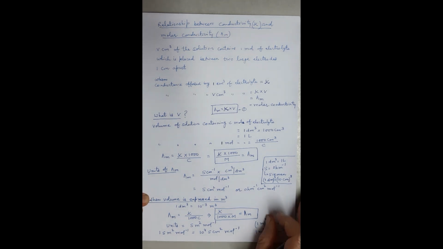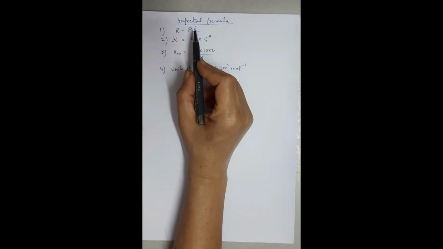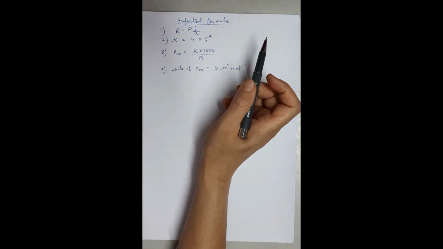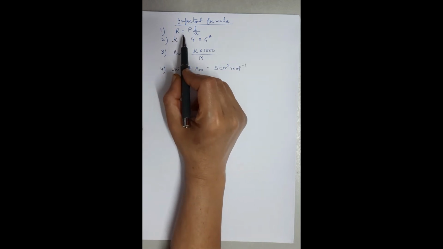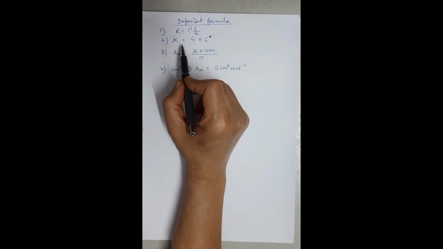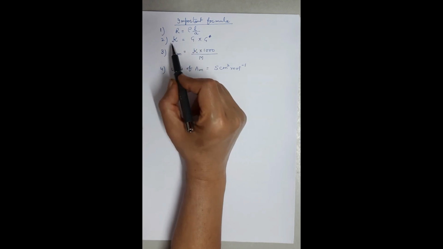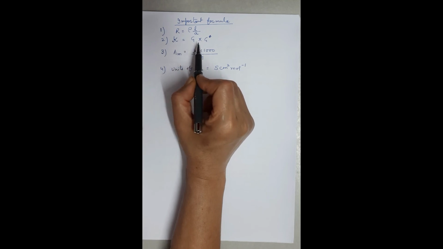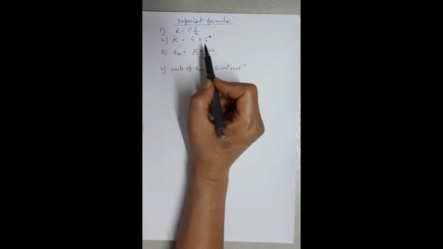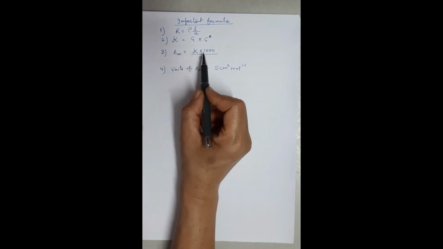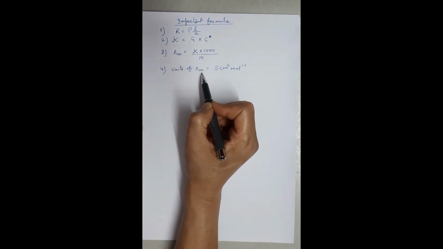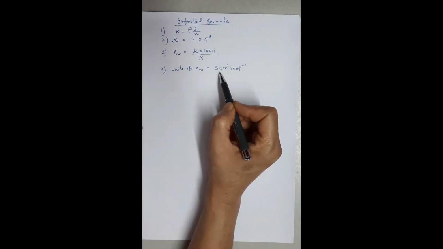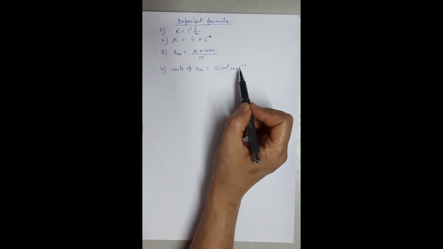Beta, there are certain noteworthy points. There are some important formulas which you need to learn, and numericals will be based on these formulas. Like one of them is R is equal to rho L upon A, kappa is equal to G into G star. So we can also say conductivity is equal to conductance into cell constant, and molar conductivity is kappa into 1000 upon molarity or concentration. This is a very important formula, and its units are also sometimes asked, so you must remember the units also. It is Siemens centimeter square mole inverse.